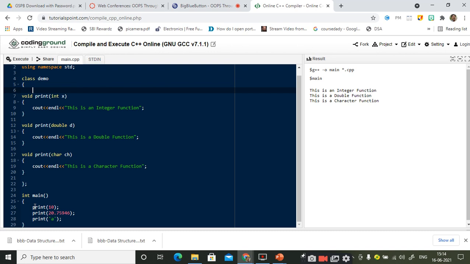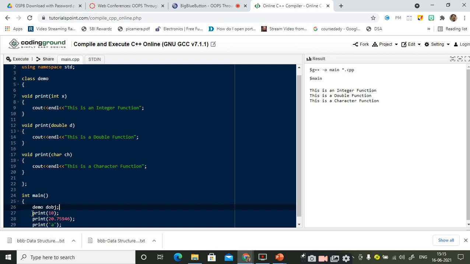Therefore I create an object for the class. What is the syntax for creating an object for the class? Demo D. Right, class name followed by object name. So here my class name is demo, and let me take the object as dobj, d object.